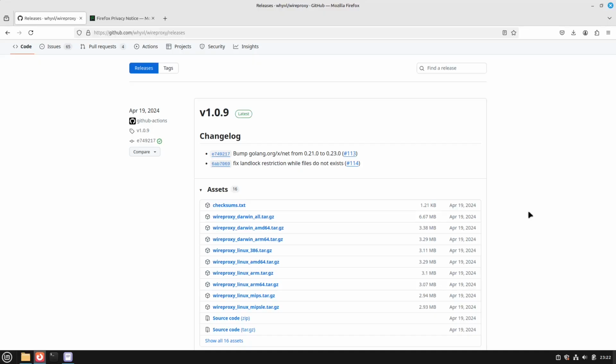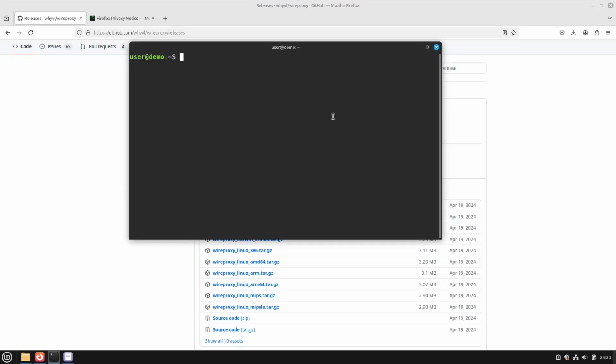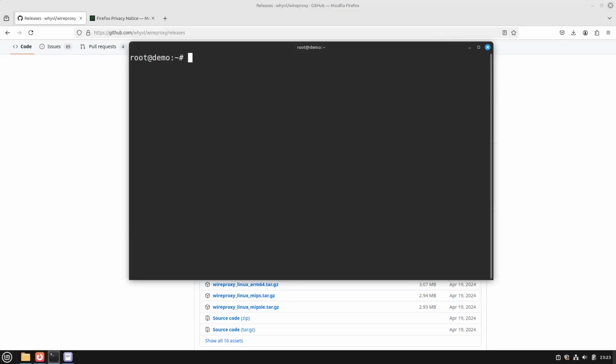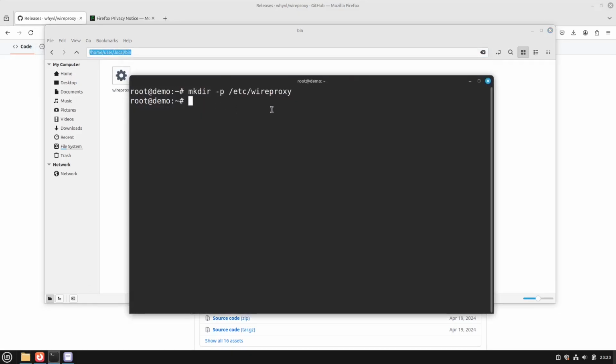In order to do this, we are going to need superuser privileges or root privileges, but only once. First thing to do is we need to create a folder where we are going to store the wireproxy.conf file and the wireguard configuration files. Next, if you followed my previous video, you are going to have the wireproxy binary in this folder. We need to move this file to a folder which is actually a system folder for standalone binaries, which is